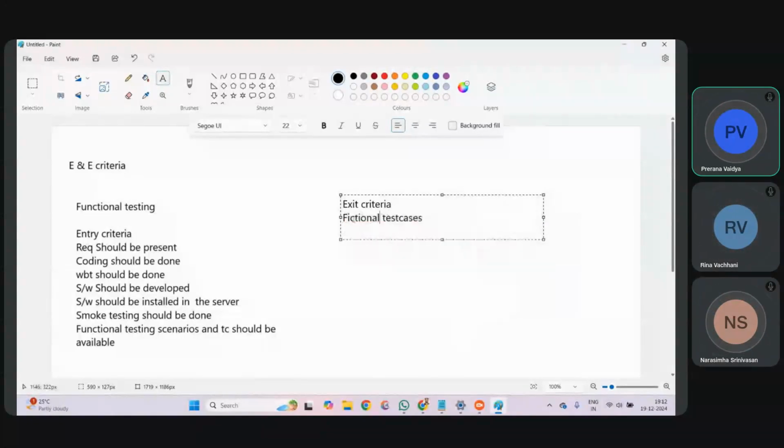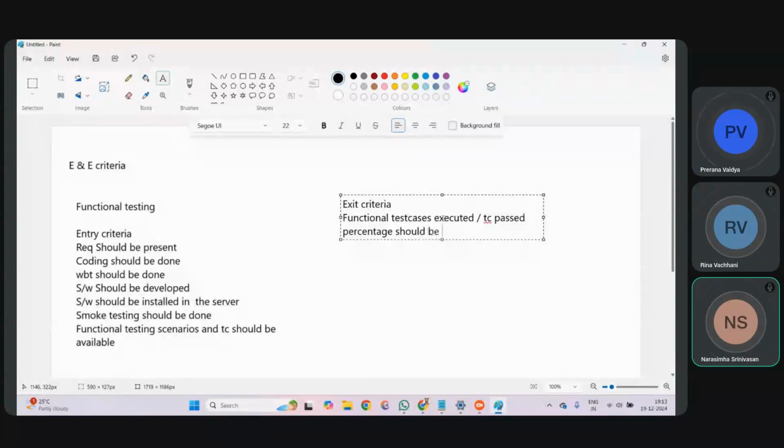Functional test cases executed, and the percentage of test cases passed should be above